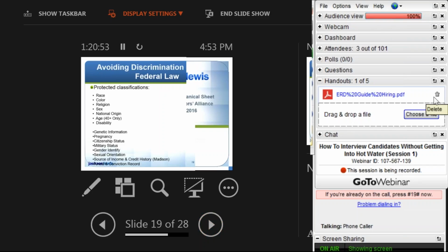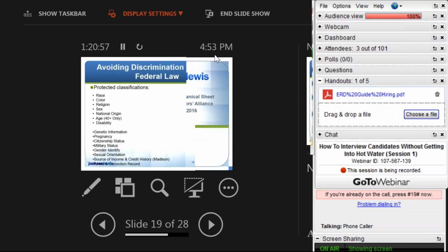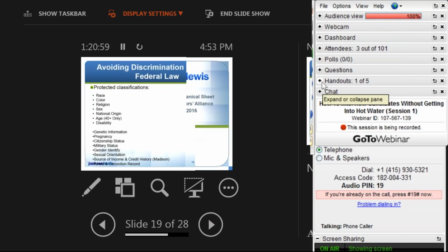Here's some ones that are not as intuitive because we don't hear about them as much. Genetic information, pregnancy, citizenship, military status, gender identity, sexual orientation, source of income and credit history in the case of the Madison Ordinance, and then arrest and conviction record under Wisconsin law. Keep those in mind because those are all the areas that we do not want to inquire about with regard